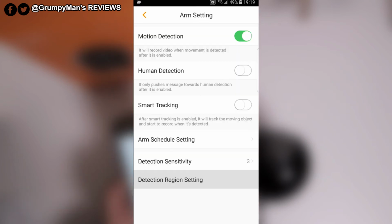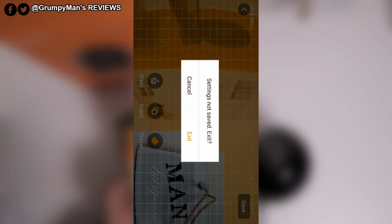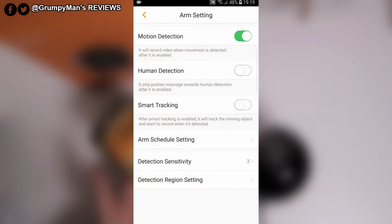Then detection region setting. Sorry, the screen's flipped now. But again, you can pick what area you want to have in range of the camera. So say everything's orange now, so if I just press save, anything moves around there, it will send me a notification. That's another good thing. Let me exit out of that. So if I go back out of that,